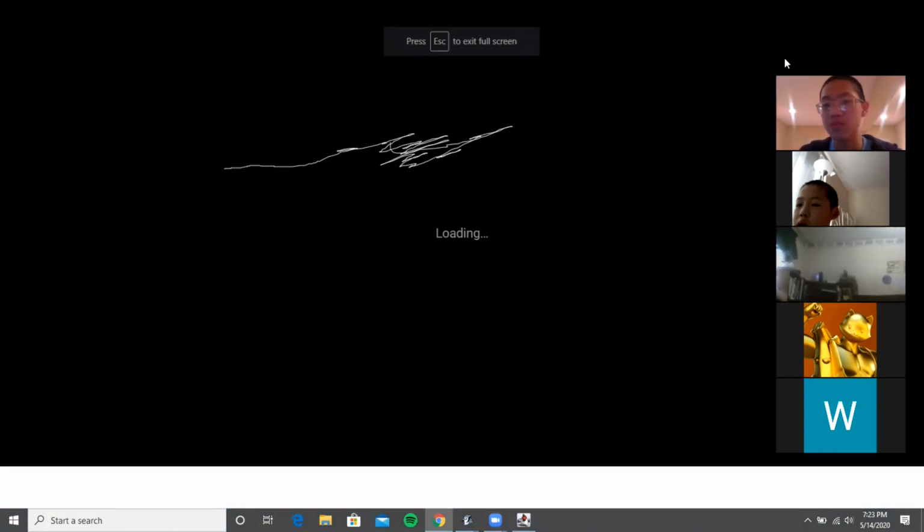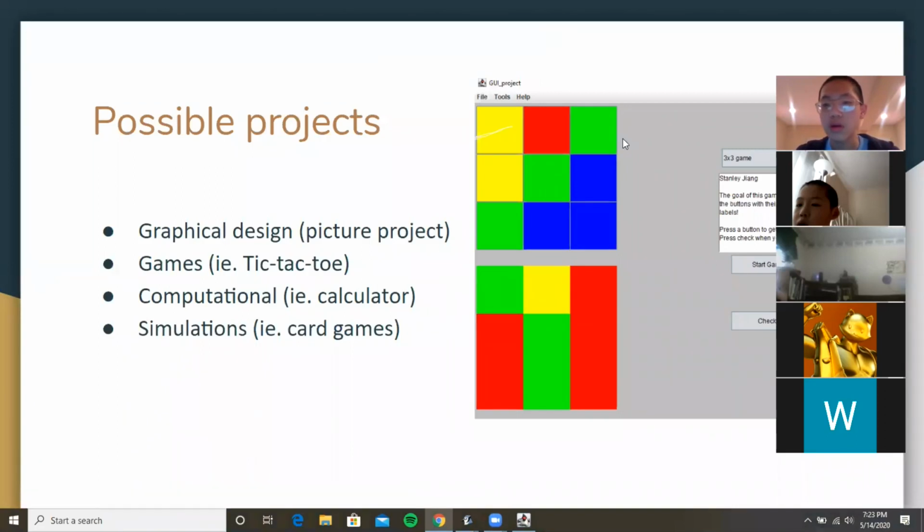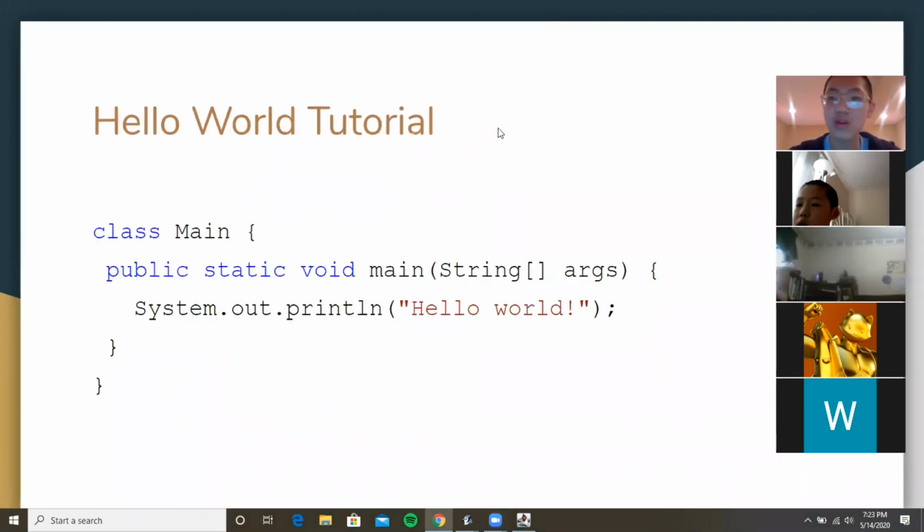So the first program that we always do, in the programming world at least, is the hello world one, which is basically a very simple program that outputs a printed line.